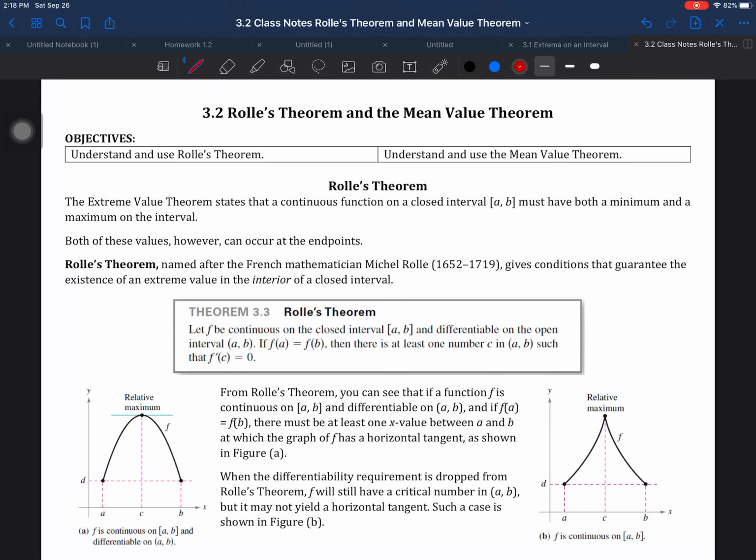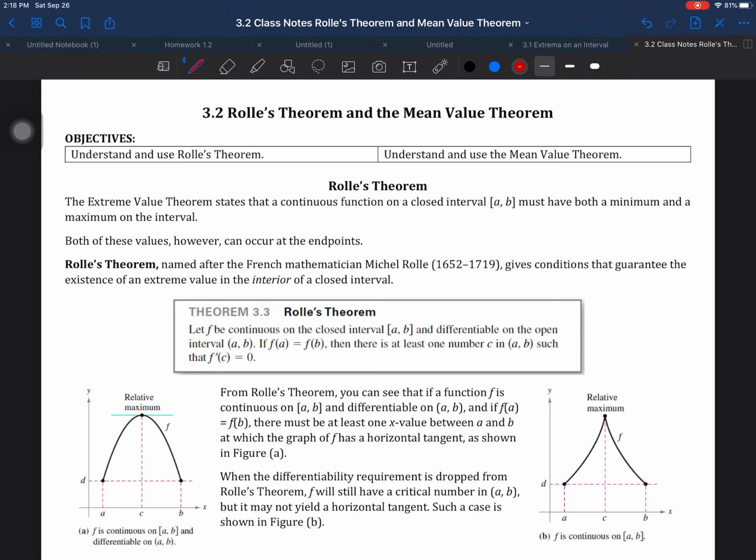Hi class, welcome back. Today we're going to talk about Rolle's theorem and the mean value theorem. These are two important theorems, and we're going to be referring to them throughout the semester. So our objective is to understand and use Rolle's theorem, and also to understand and use the